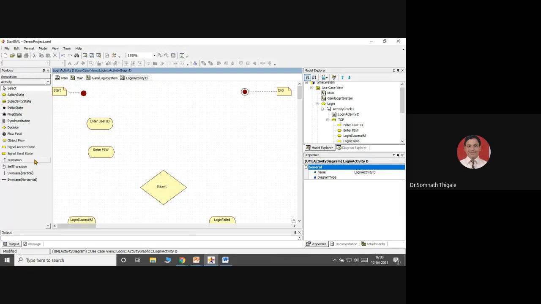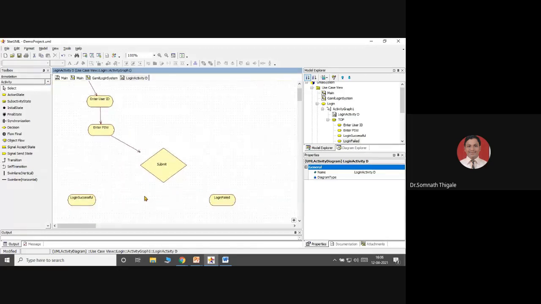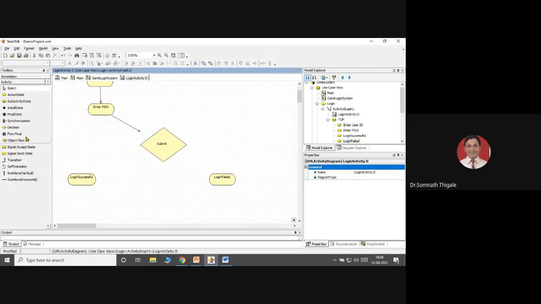I'm connecting with the transition. Transition means it is leading you from one possible action to another possible action. We are calling it what? Transition. So user ID to enter password, and then from enter password to click on the submit button. And from submit button, I have two possible transitions, either to login successful or I may go to login failed.